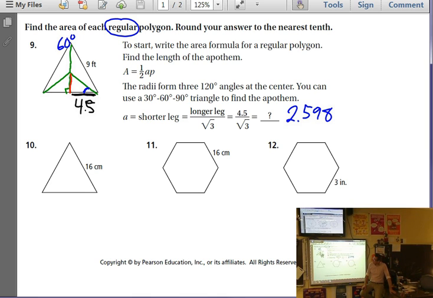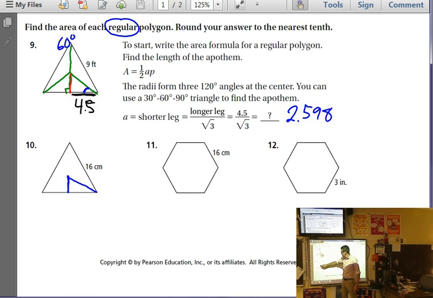So one other way, let's say we look at 10, and I choose not to use the main formula there. I know that it's regular, so that's 8. So I could derive the height by just doing 16 squared minus 8 squared, square root of that, and then do 1/2 times 16 times that height. If I use their method, my vertex,